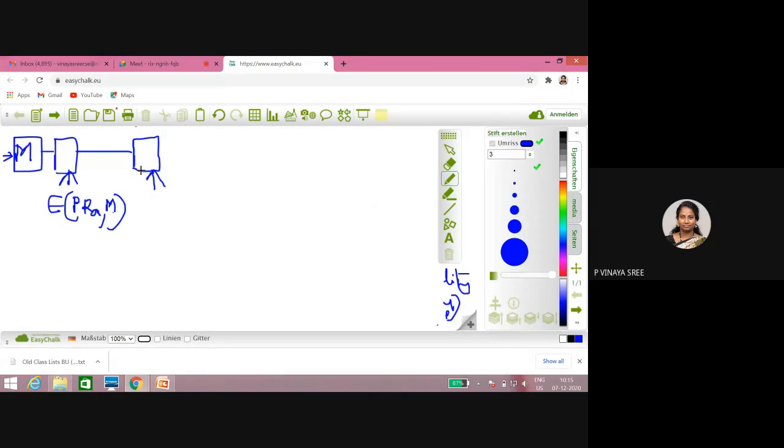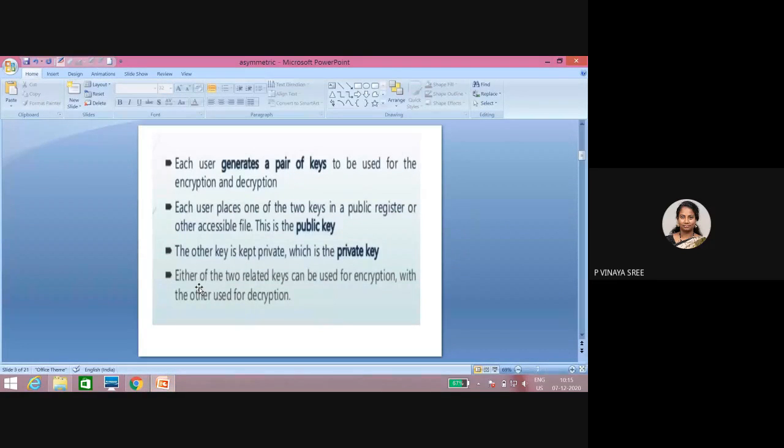That shows that you're not writing any notes. Let me show. Just a minute. Before going to that, let me show. Is my screen visible, the PPTs? Is my screen visible?